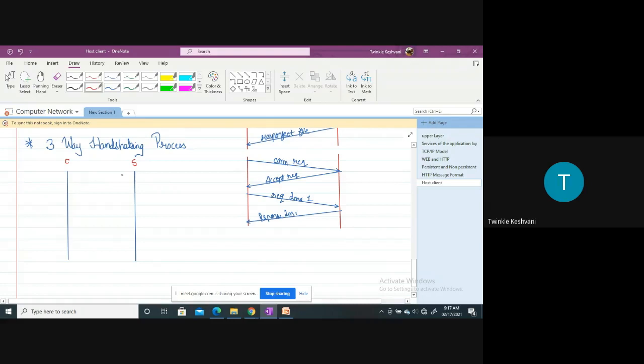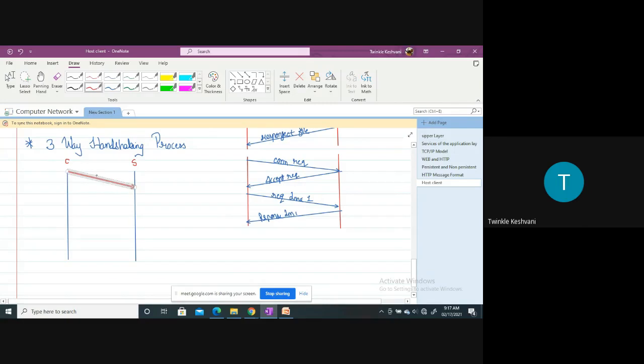So for connection establishment, what will the client do? The client will send a connection request message to the server. Here, this message is a connection establishment message, or we can say connection request message.